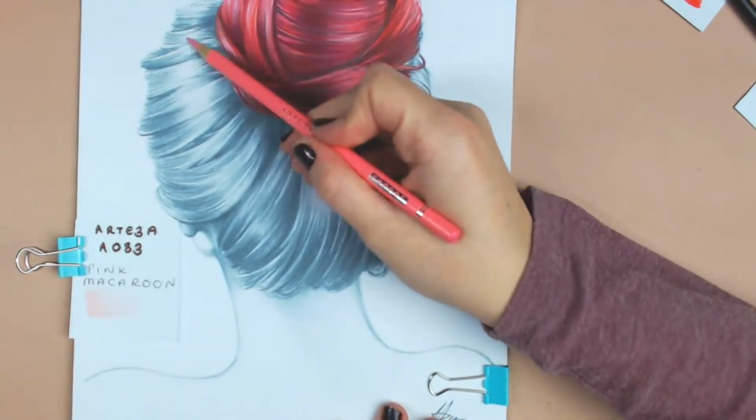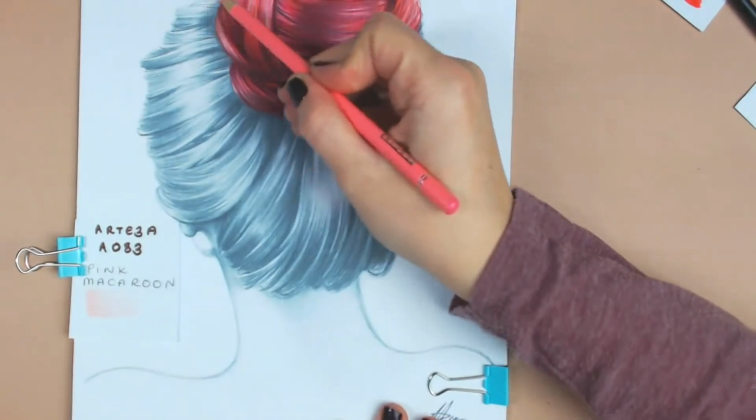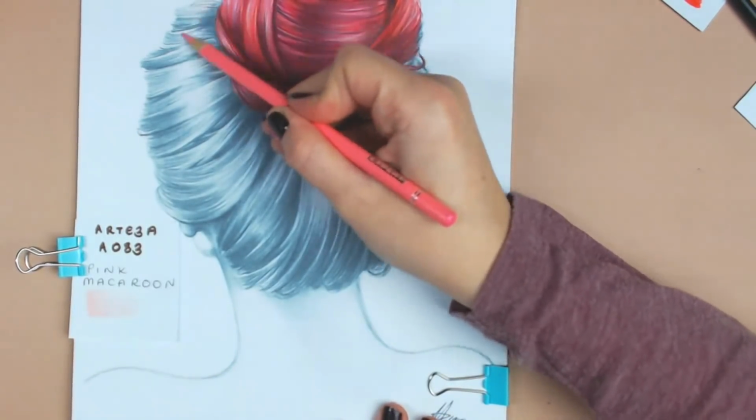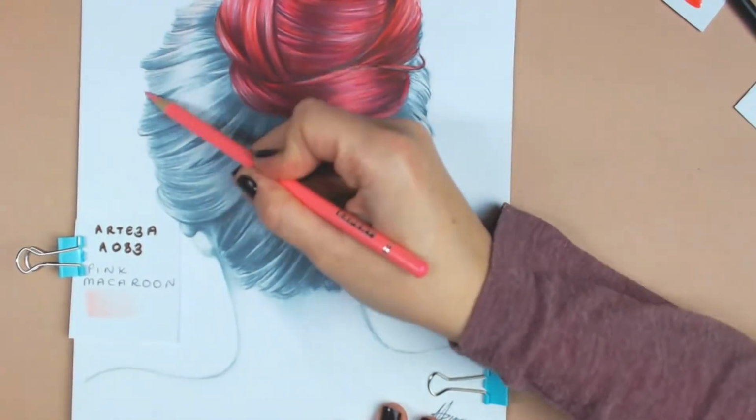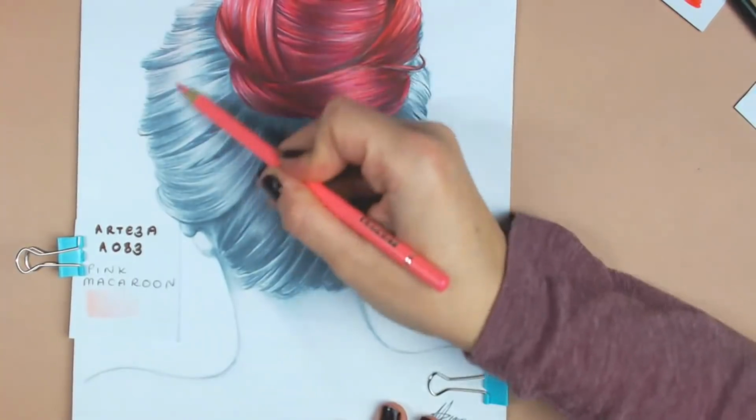Okay, so now you can go over all of the area. Just go for it now because you're just going to go all over. So a generous lay down,